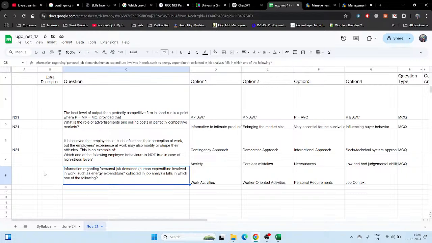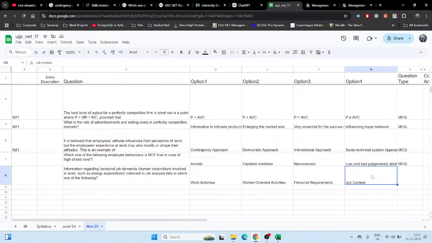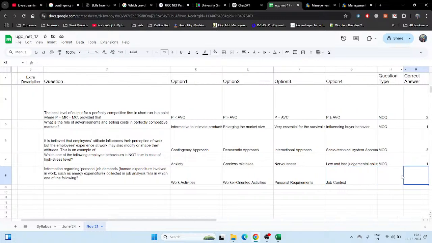Next is personal requirements. It is regarding work. The question being asked is about the work, so it cannot be a personal requirement. It is something which deals with the nature of the job. If I work, it will take my energy, but if some other person works, his energy will not be spent. It is nothing personal related to me. It is related to the job. So I believe it will be job context. Seems an appropriate word. I've heard it before. It resonates with me. So yeah, I would go for 4.